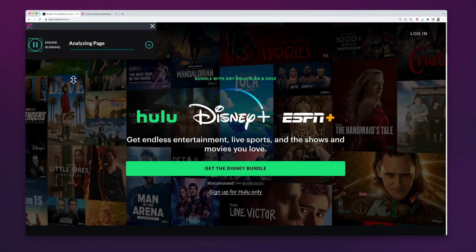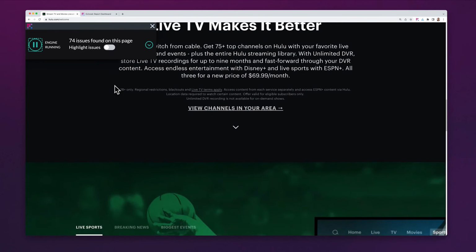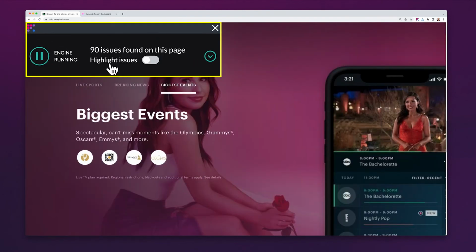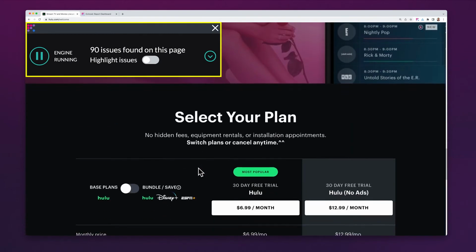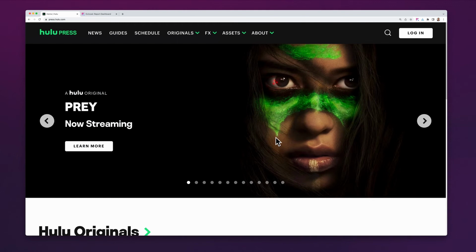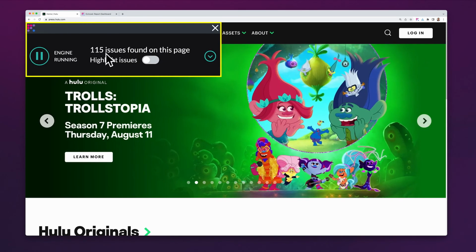I'm going to click the Start button, then scroll down and start interacting with the content. Watch the count of issues in the top left corner. As I expose different parts of the page, the count increases. Now this is just for one page, but it also works across multiple pages. For example, if I were interested in learning more about this stuff, I'd click here and get another issue count. But we haven't lost track of the first page at all.